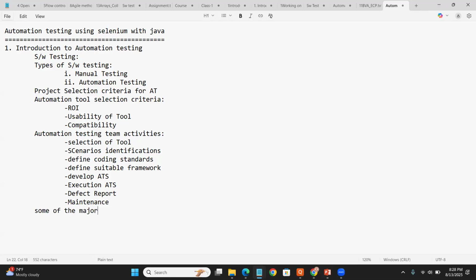Some of the major activities during manual testing and automation testing. If I go for the manual testing, what are the activities we can do? First we have to identify the scenarios. Based on those scenarios, we need to develop the automation test script. After you develop the automation test script,